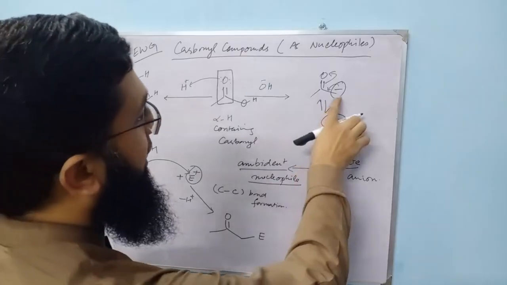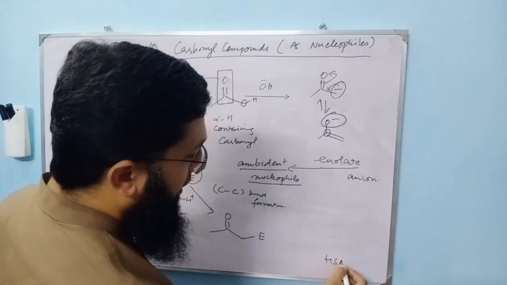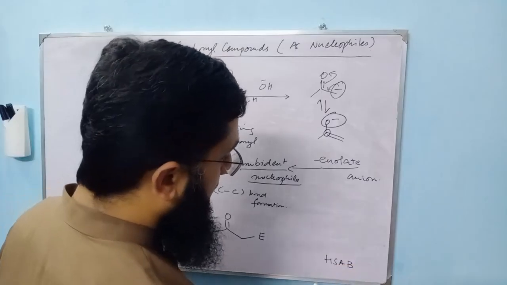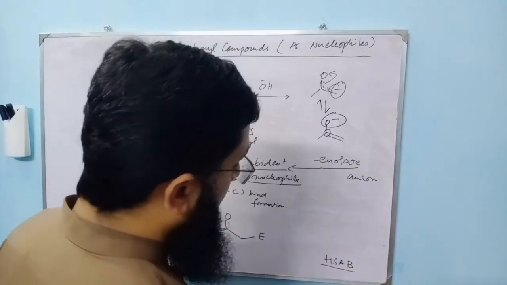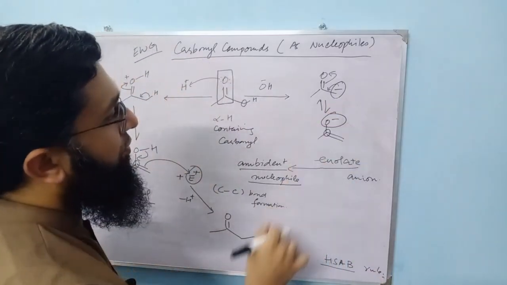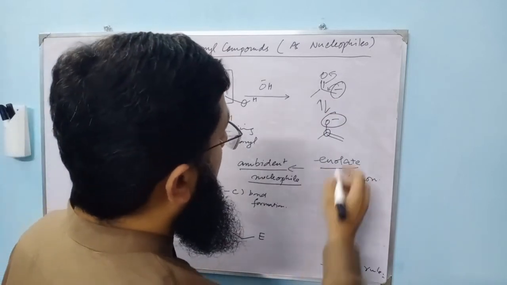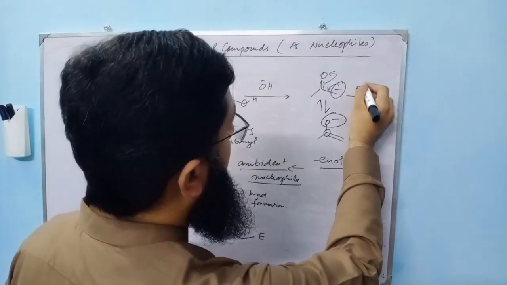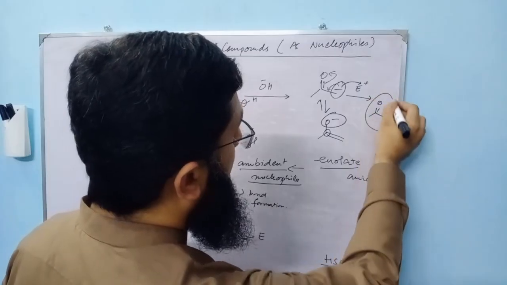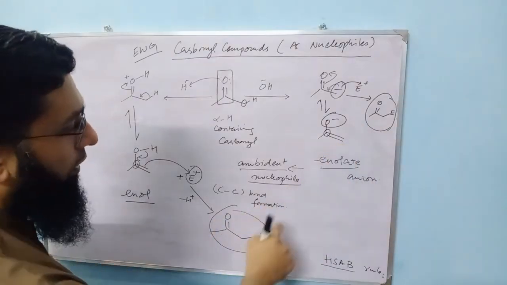But generally it attacks from the carbon atom, because we know that hard acids prefer to combine with hard bases and soft acids prefer to combine with soft bases. So we know this rule. So generally carbanion is used as nucleophile, and it reacts, and as a result we get this product. Now if we compare, both the products are same.